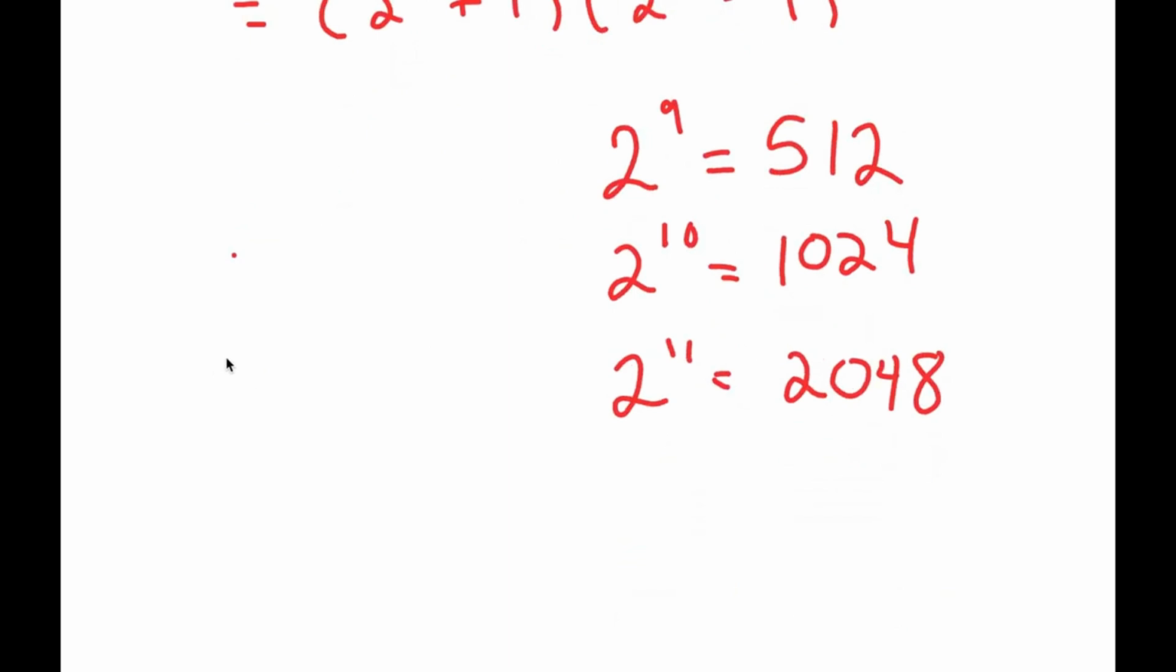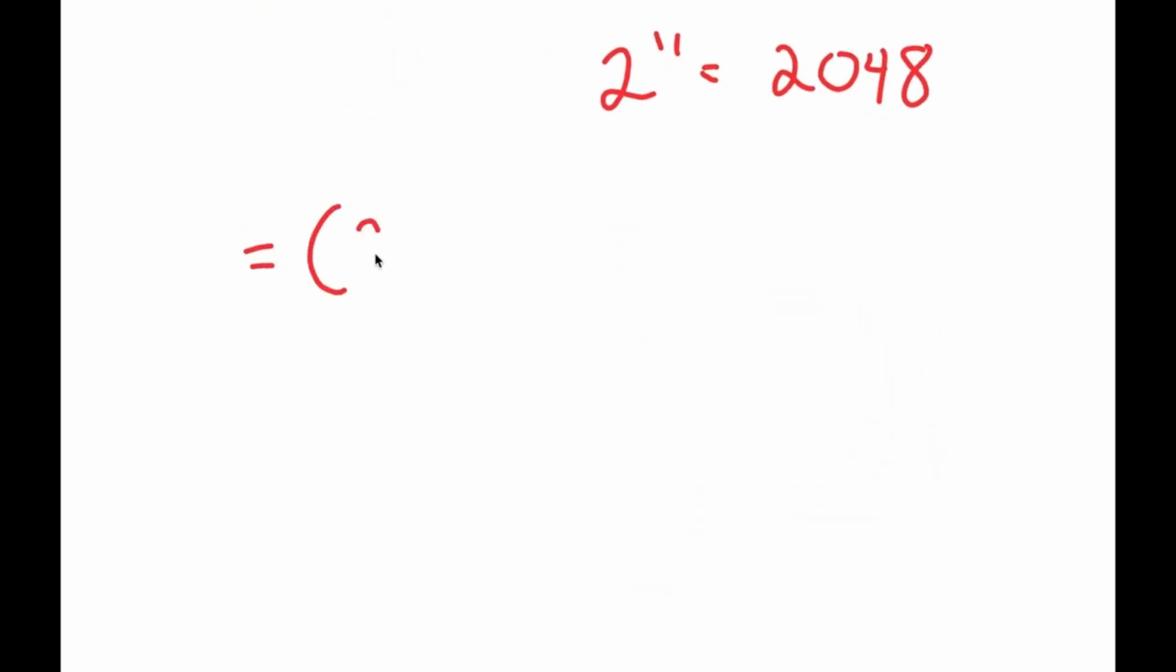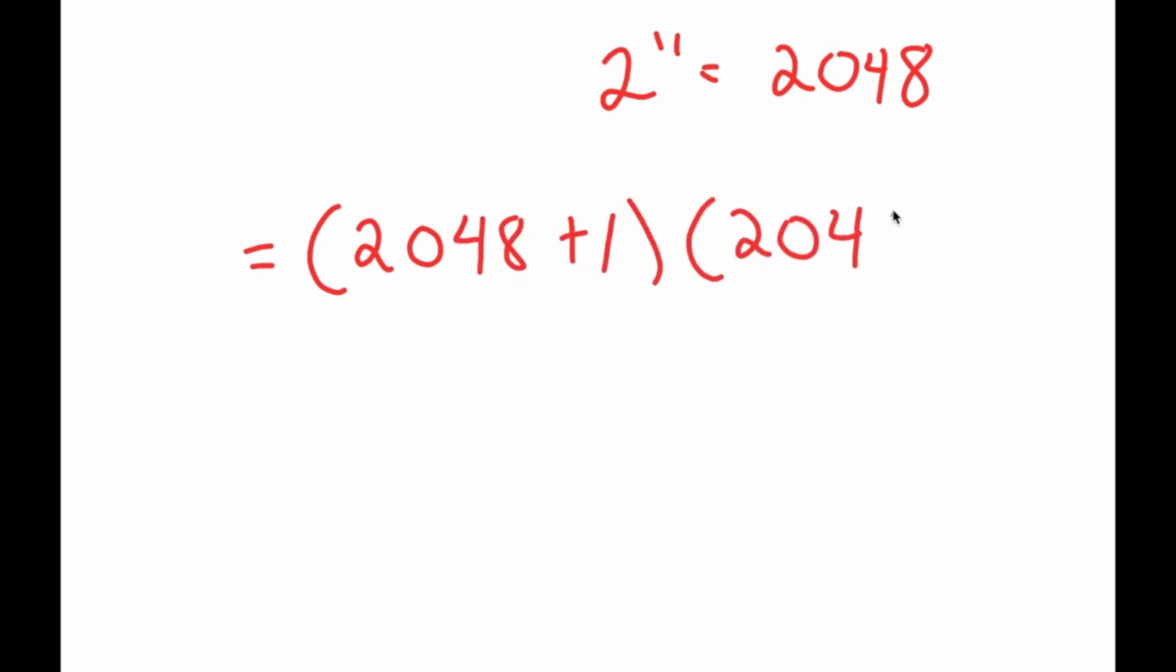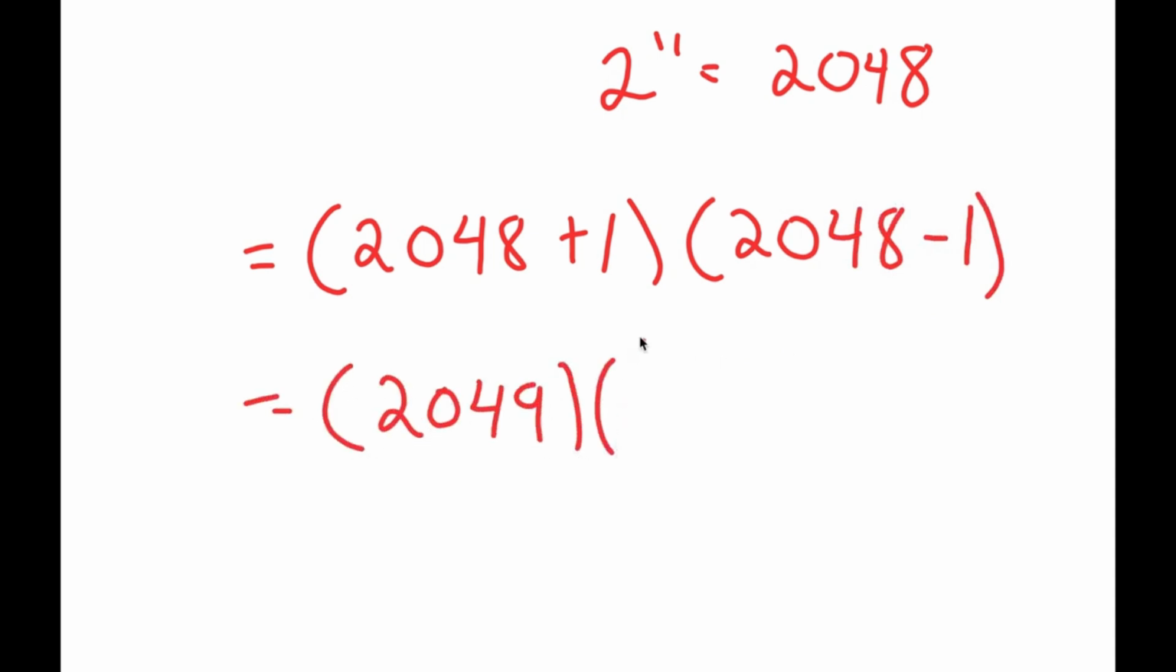So now I get 2048 plus 1 times 2048 minus 1. Now 2048 plus 1 is 2049, and 2048 minus 1 is 2047. So I get 2049 times 2047,